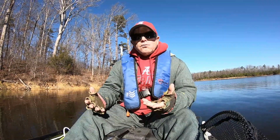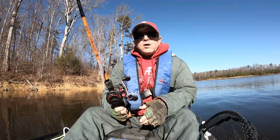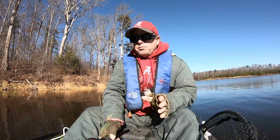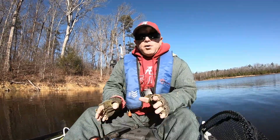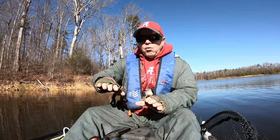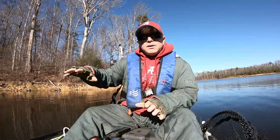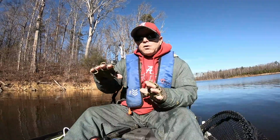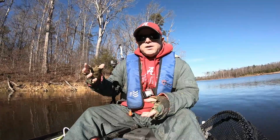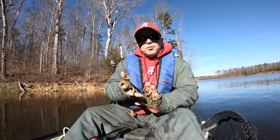You can use it on this lake. There's areas that you can throw it, but I'm staying hung up a lot on this old brush. I'm using it as a search bait. I come up on these places that transition off from deep water onto a shallow flat, where you've got the shallow water, the deep water close. You got a flat that's not just eat up with vegetation, or, well, not really vegetation, but old brush,